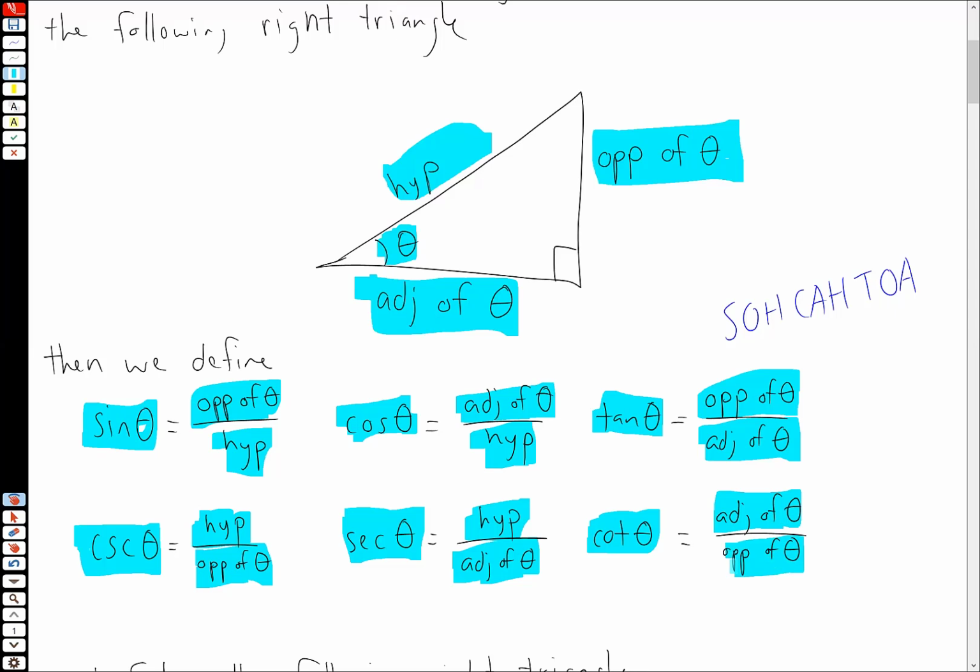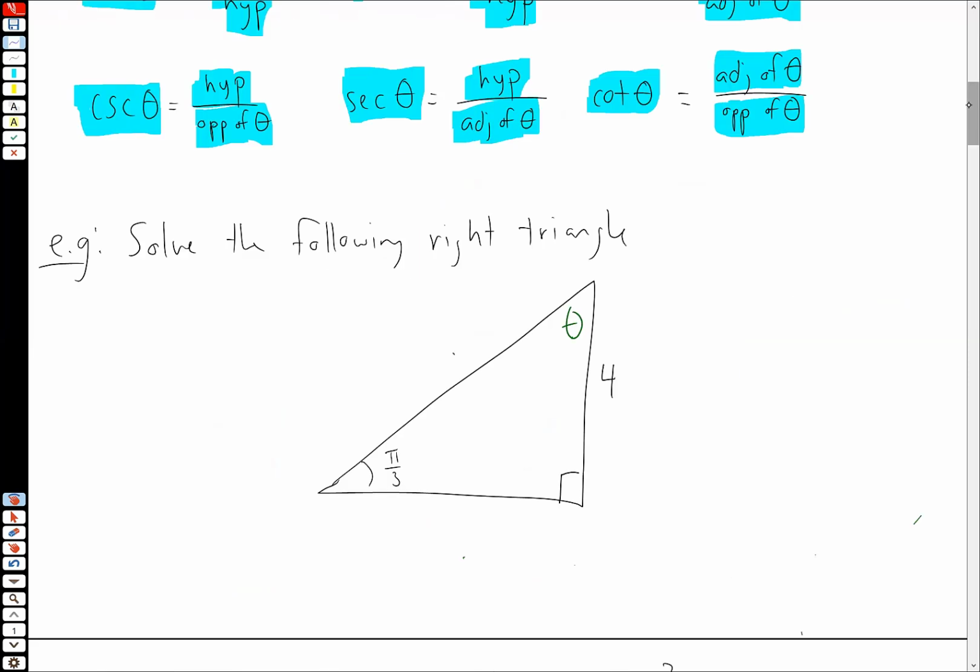Now, one thing I want you to keep in mind, notice I'm starting to drop the thetas here. Whenever you say opposite or adjacent, remember, it depends on what angle you're looking from. So be careful about that perspective. One question we can answer now is solving right triangles. If you're wondering what solving a right triangle is, it just means identifying any angle or all angles in the triangle and all sides of